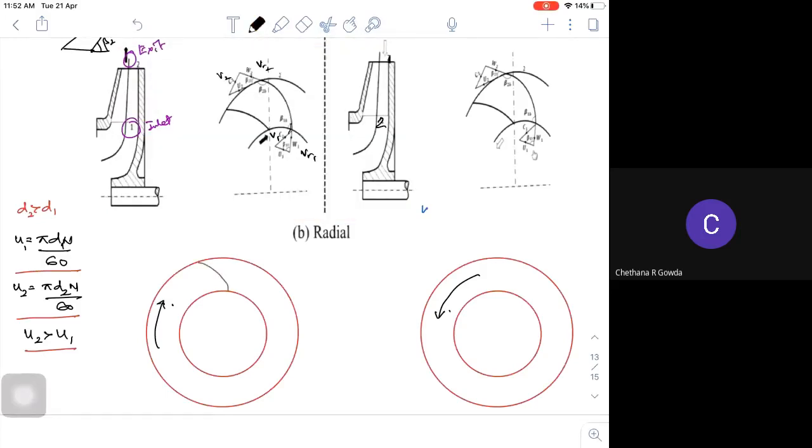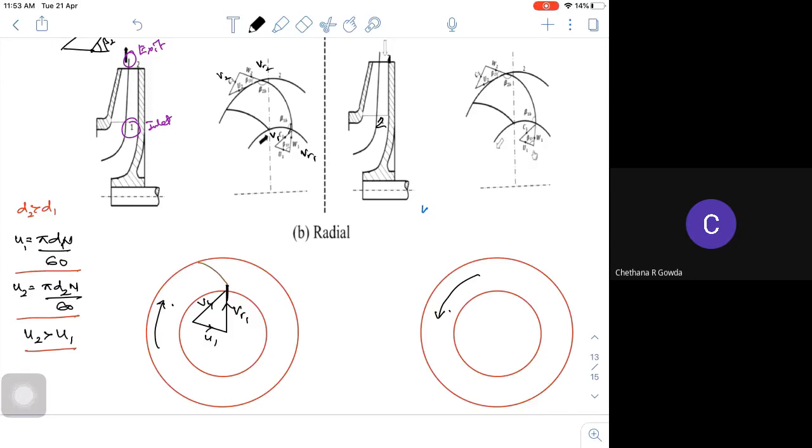Say it goes with the velocity triangle. This will be my corresponding C. This will be my blade, which exactly has to attach to this particular flow. This will be my VR1, and I have my V1. Now the direction of rotation is this one. This will be my U1. I can easily draw my velocity triangle.